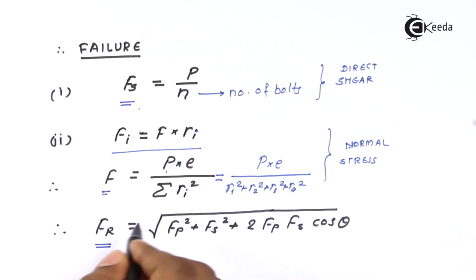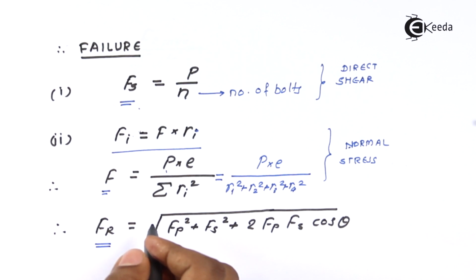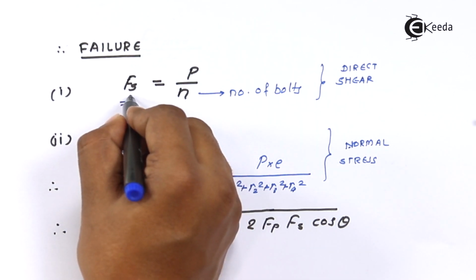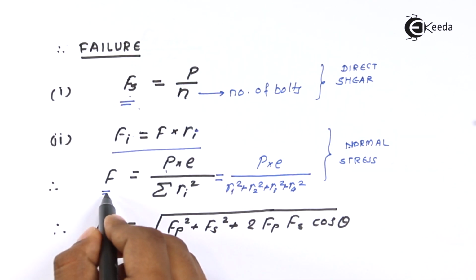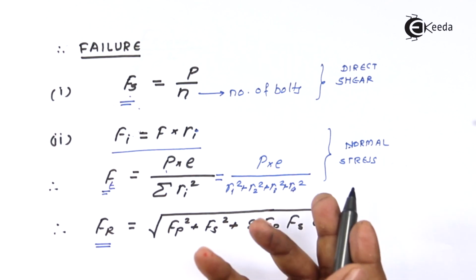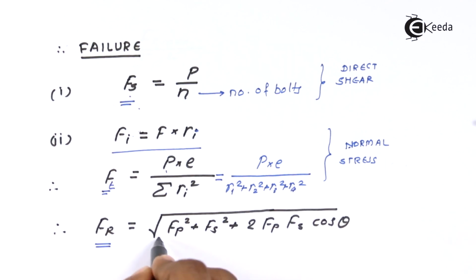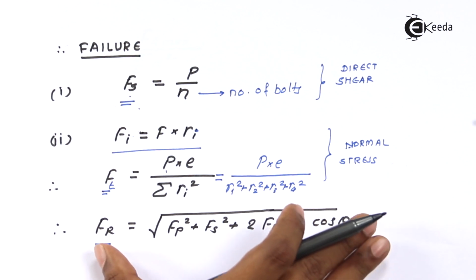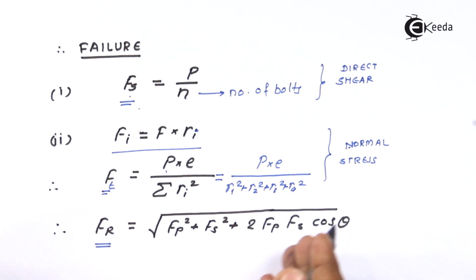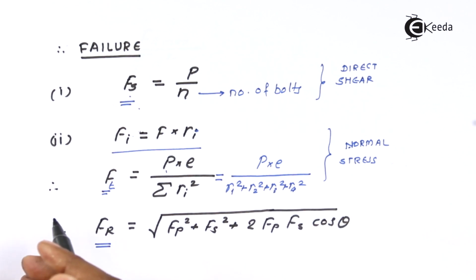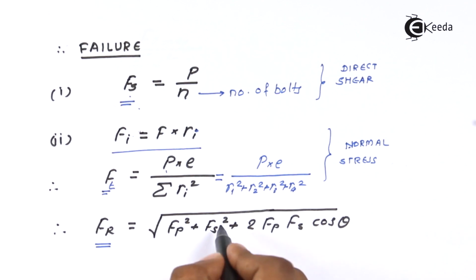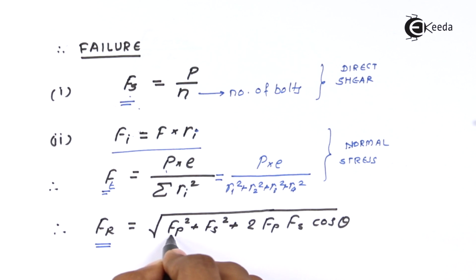So the resultant force acting on these bolts will be because of the shear force and because of the normal or tensile force. So it will be a combined loading. Of course, the derivation of this particular expression is not a part of this. So it's an empirical relation given, that is,